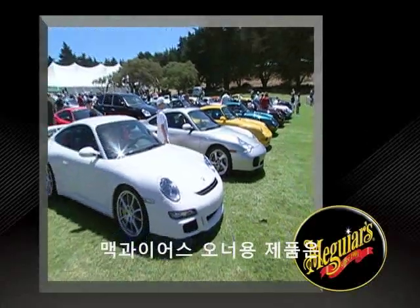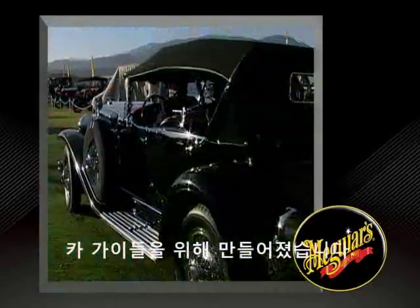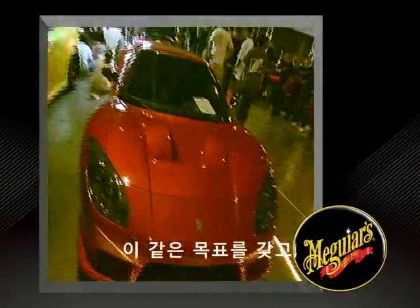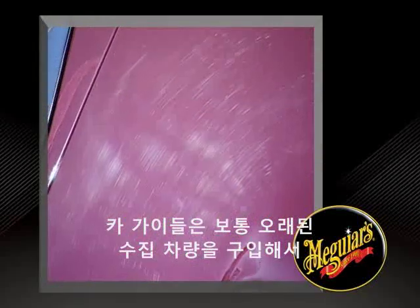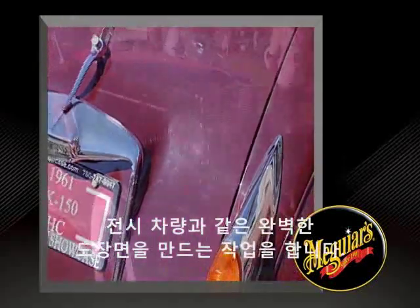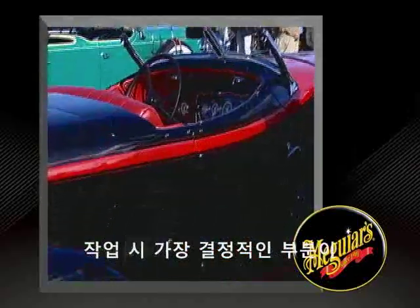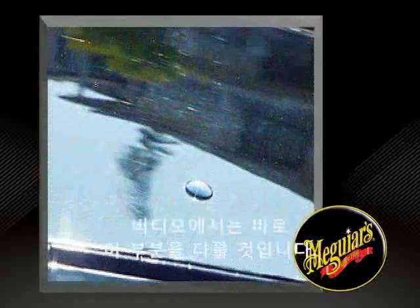At Meguiar's, our consumer products are formulated for car guys who are looking to create show car perfect paint finishes. With this goal in mind, it is not at all unusual for car guys to purchase collector cars with abused and neglected paint finishes that they want to save and make show car perfect. The most critical part of that process is what you do before polishing and waxing, and that's the purpose of